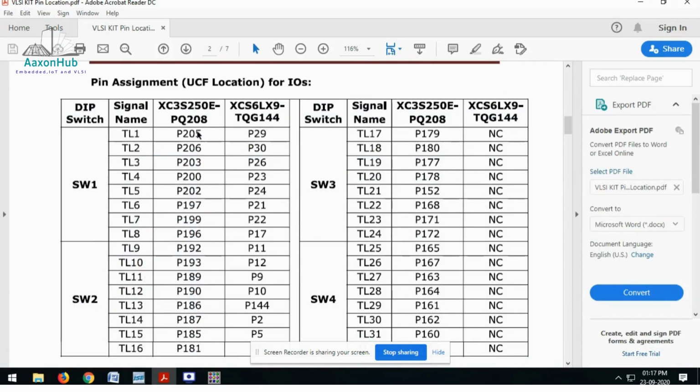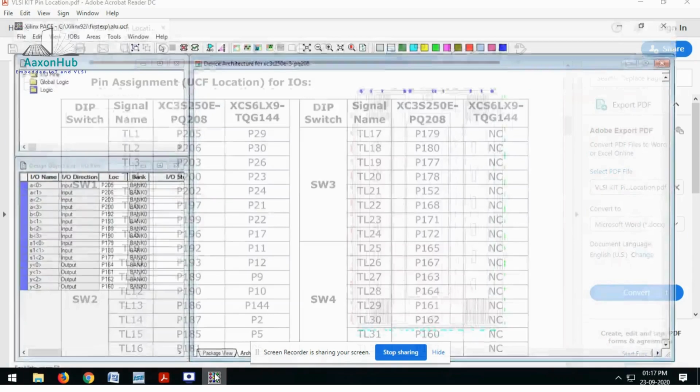All the time we are taking this data sheet reference for the XC3S250E PQ208 kit. We are considering this pin package for the hardware because this is the same hardware on which you want to test the 4-bit ALU. Just focusing on this column and assign pin package, here I go.